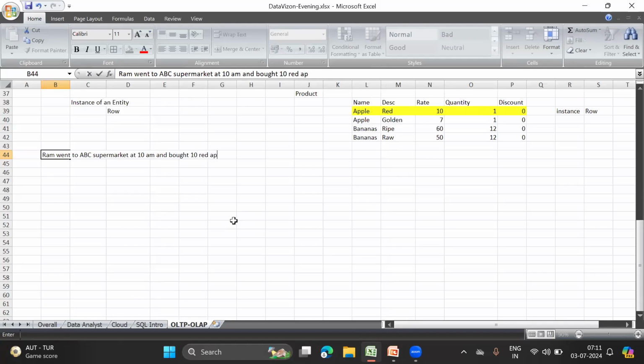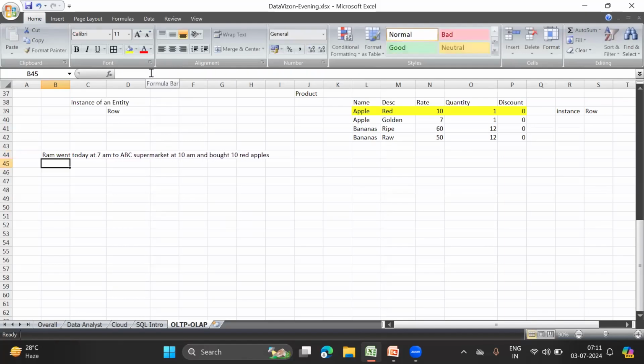I also want to mention he went today at, for example, 7 a.m. So this is an example of a sales transaction. This is a transaction where some sale has happened.